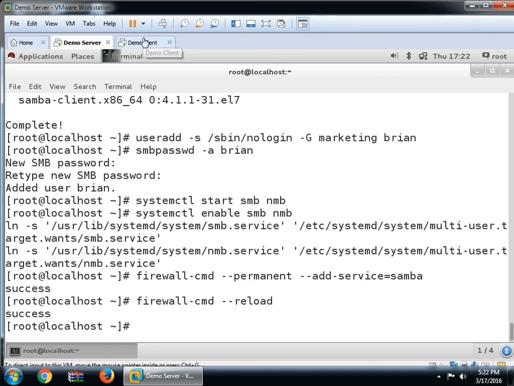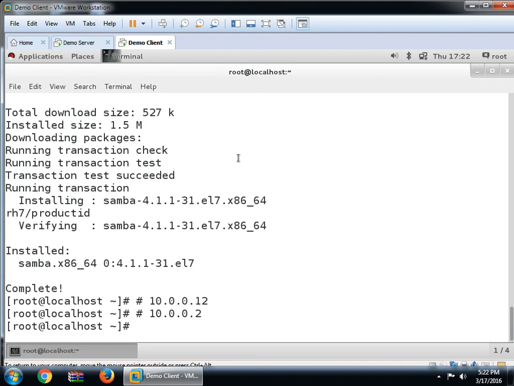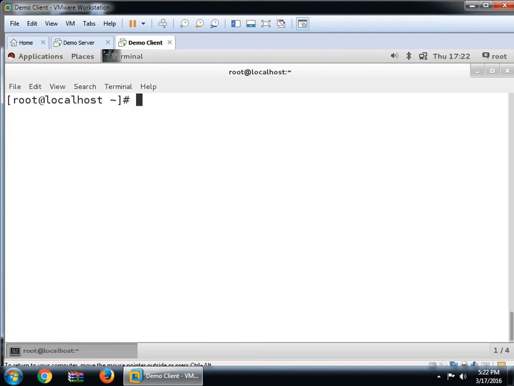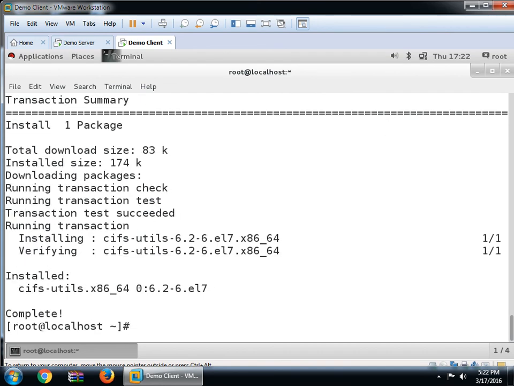Now guys, move to the client system. This is suppose the client system. Here use one command: yum -y install cifs-utils. We require this so that this system will behave like a client.